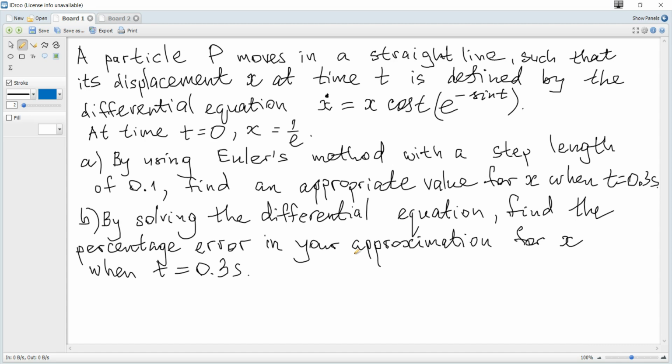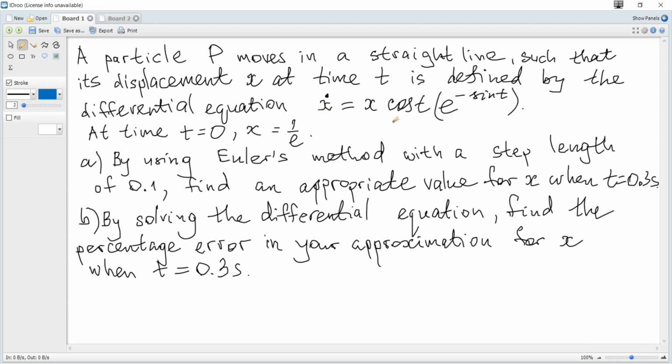A particle P moves in a straight line such that its displacement x at time t is defined by the differential equation given. At time t is 0, x is 1 over e. By using Euler's method with a step length of 0.1, find an approximate value for x when t is 0.3 seconds. First of all, you should understand that this dot means the derivative with time, so it's dx over dt,